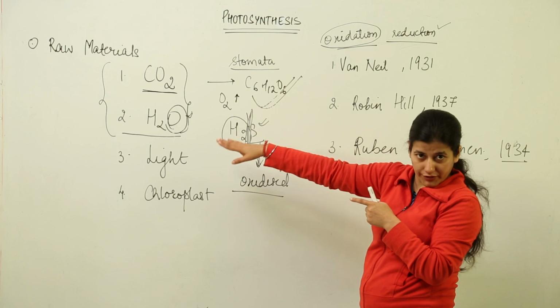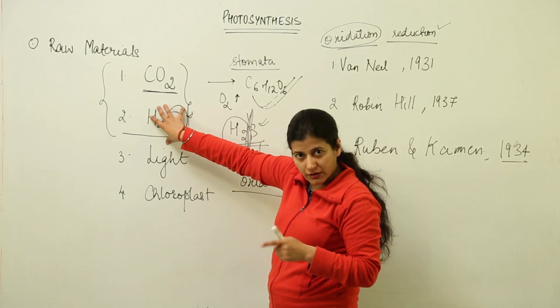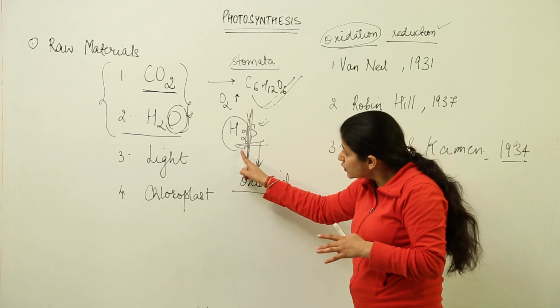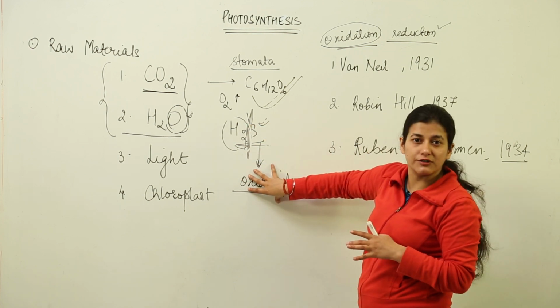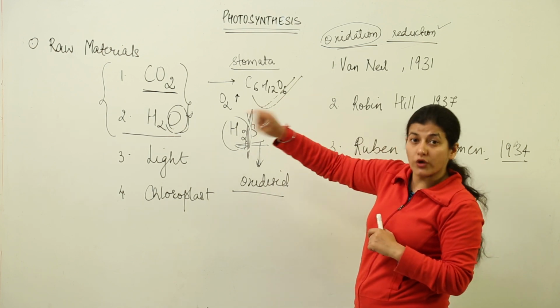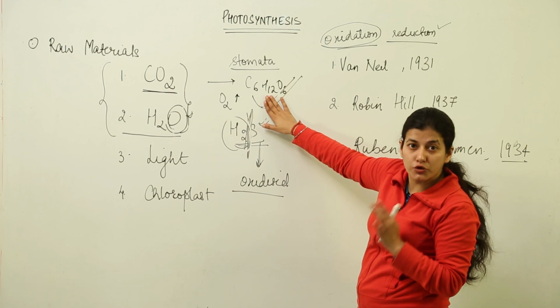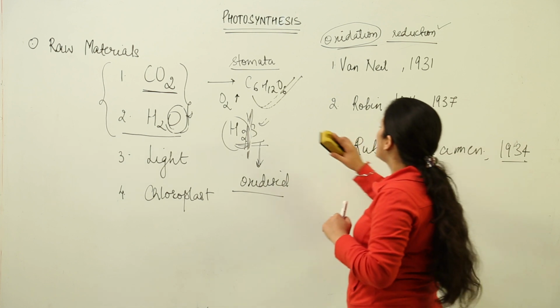That comes from water. And that was established when instead of water, certain bacteria used this particular compound and used these protons for reduction, and the byproduct came as sulfur. So it was somehow established that ultimately it is water which is being used for providing the reducing protons. Now then came Robin Hill, who proposed that